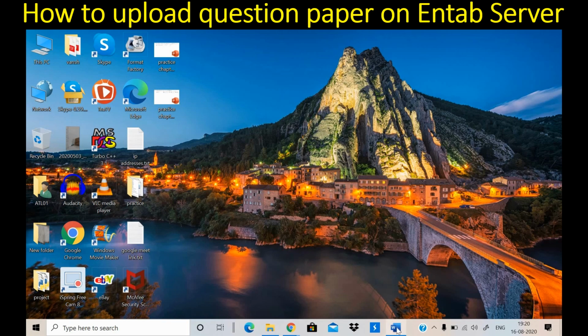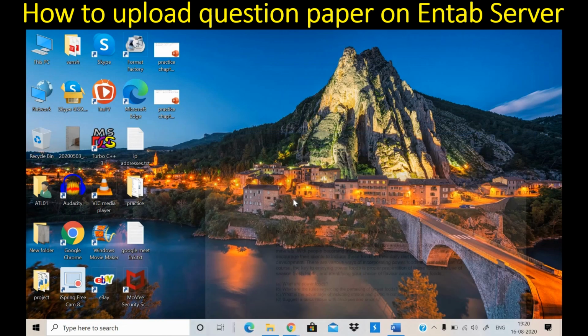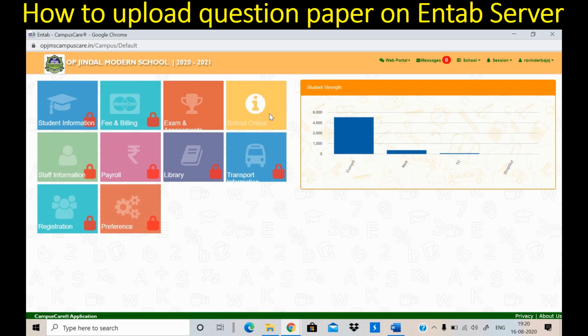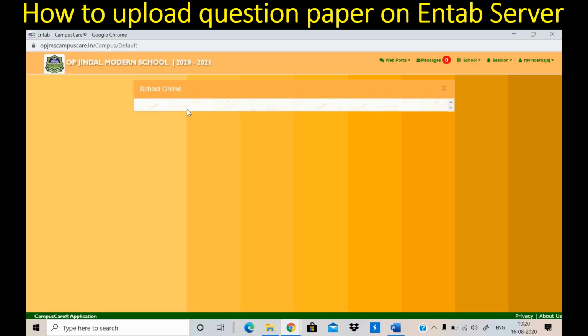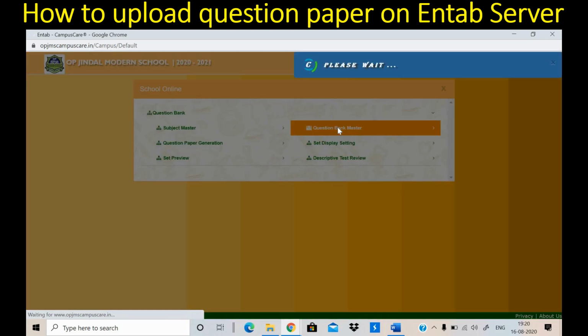Now I will insert one more descriptive question for you. Here it is a paragraph followed by some questions. This question I am going to insert. Go to the tab module school online. Click on question bank master.